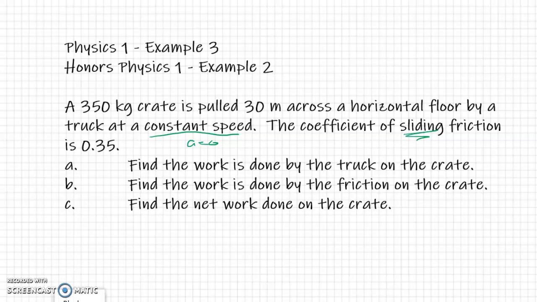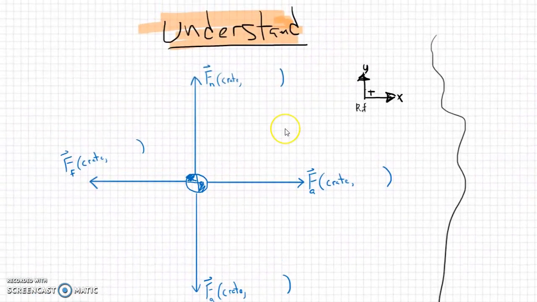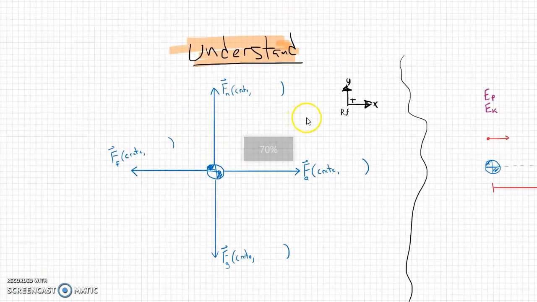And what we want to find here is the work done by the truck, which is what's pulling it. We want to find the work done by the friction, which is what kind of hinders its motion, and we want to find the net work done. All right, so let me go down. We're going to start off with a free body diagram of our situation here